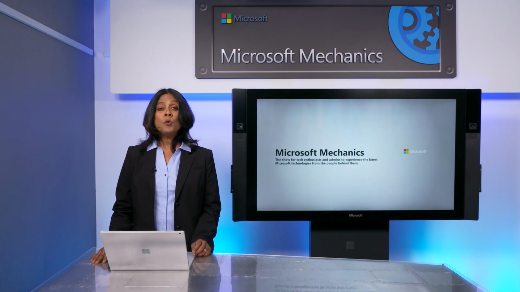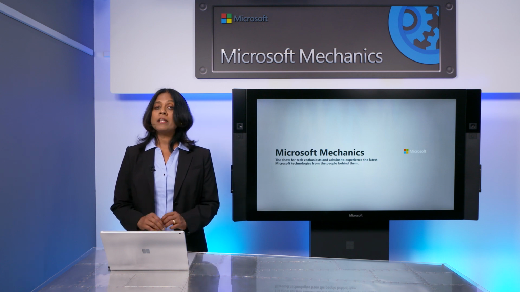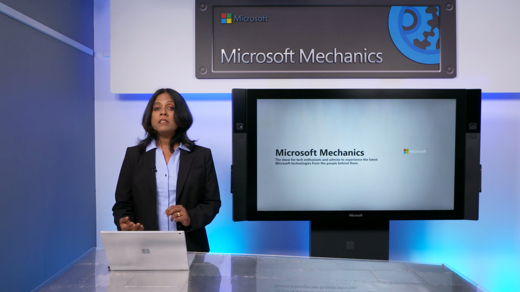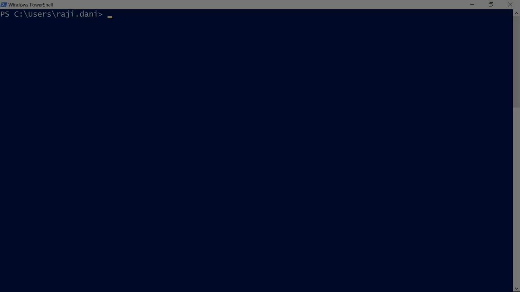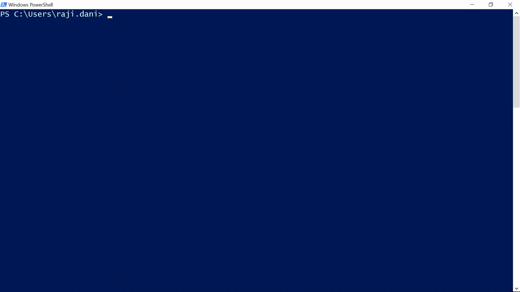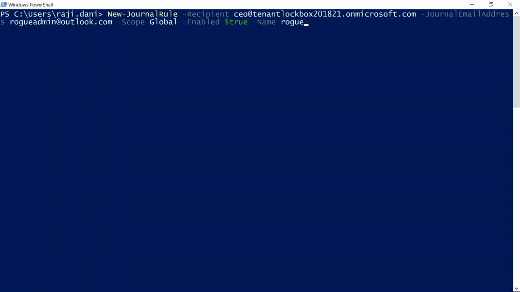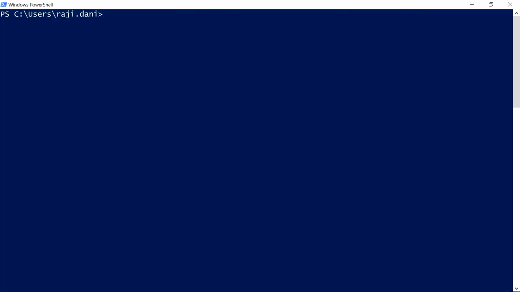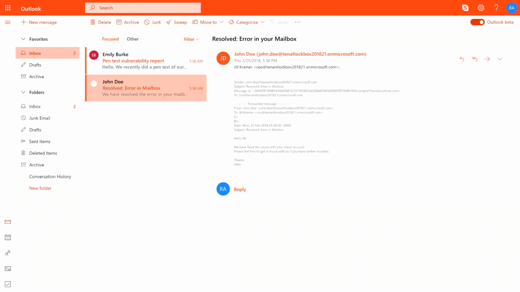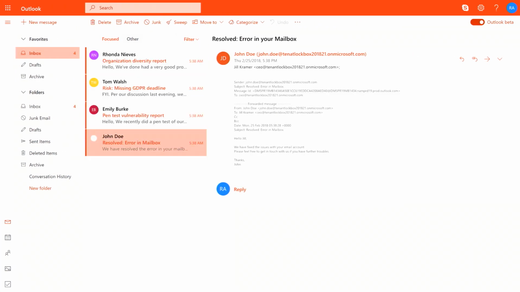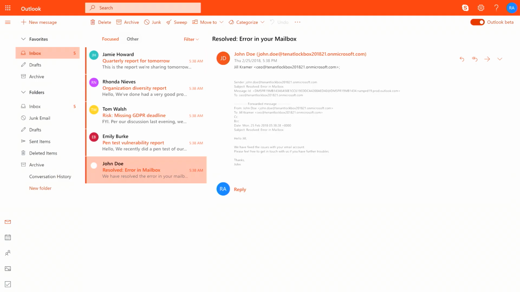As an admin, you have the keys to the kingdom. So if an admin goes rogue or their credentials are compromised, they could do collateral damage. I'm going to set a journal rule typically used for compliance reasons or legal hold. A journal rule is a powerful command that will start copying every sent or received email to the shadow mailbox. In this case, each email will go to rogueactor@outlook.com, but this could literally be any email address.